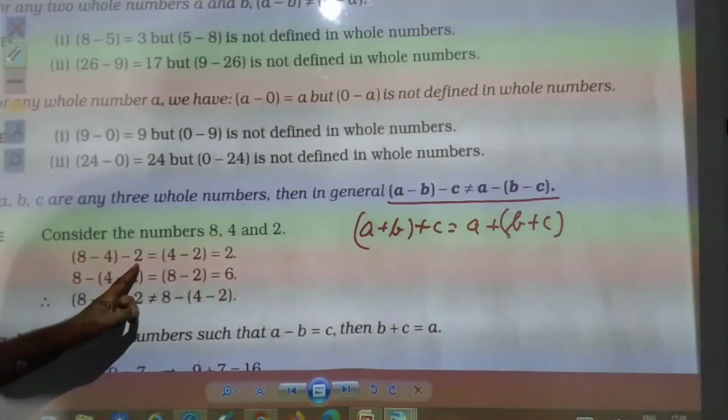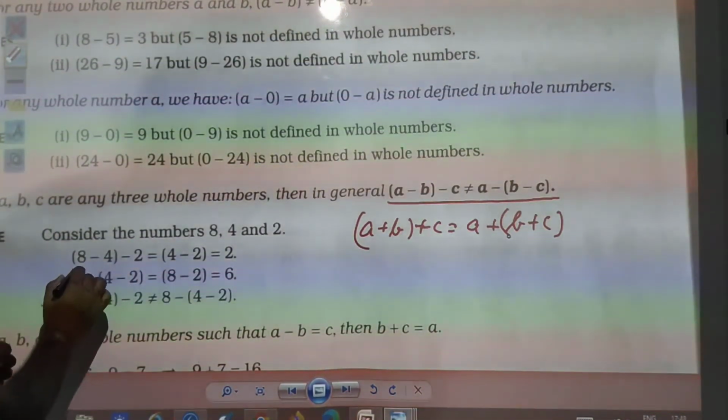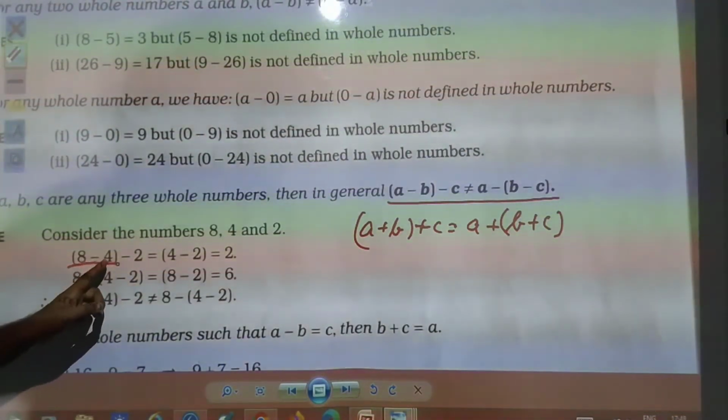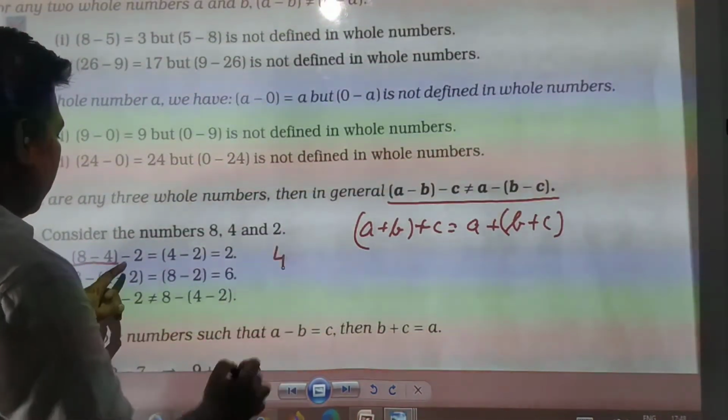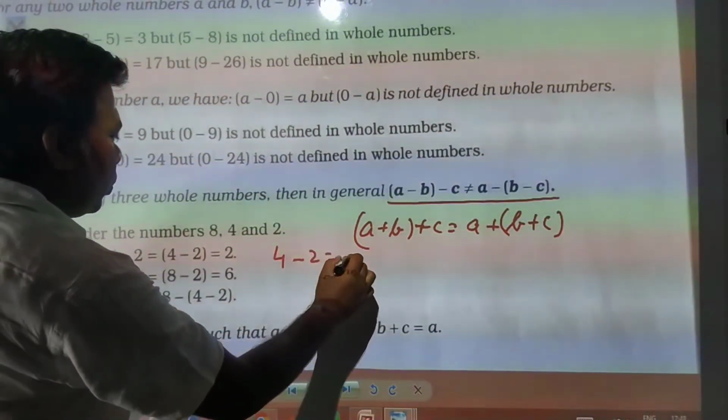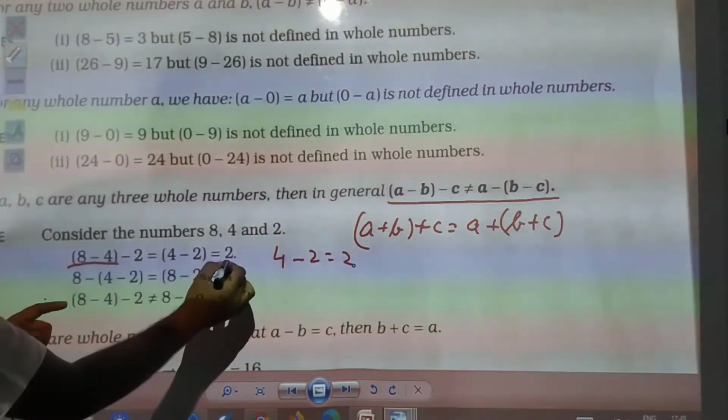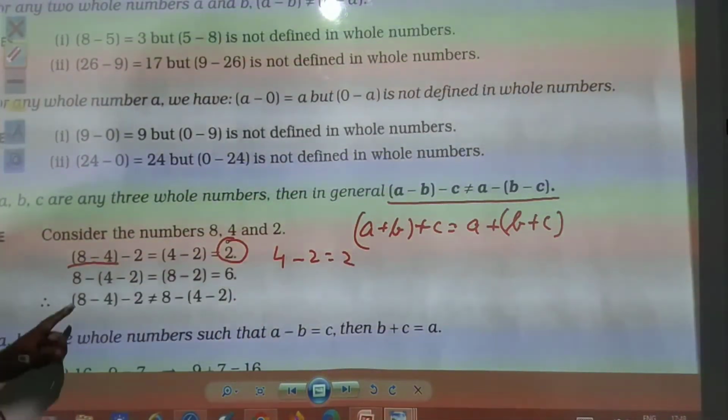8 minus 4 minus 2. If you are solving this, what you will get? 8 minus 4 is equal to 4. Minus 2 is equal to 2. So on the left side you have got 2. But